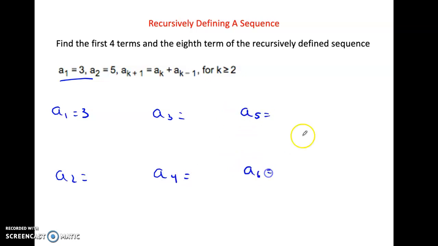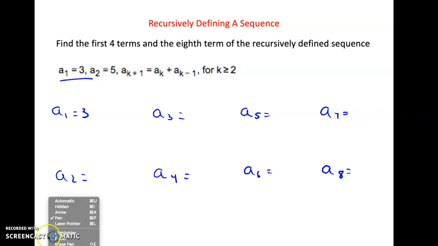So again, it's a learning process for me as I'm going along, and I just think it's neater to break this up with a different color. So let's do red. Okay. So this is telling me the formula. They're giving me a sub 2 as well. Okay, so they're giving me a sub 1 and a sub 2. The formula here